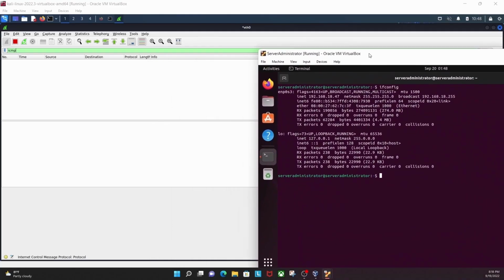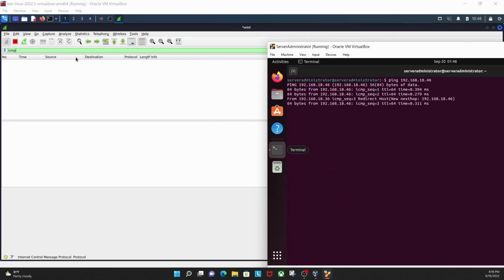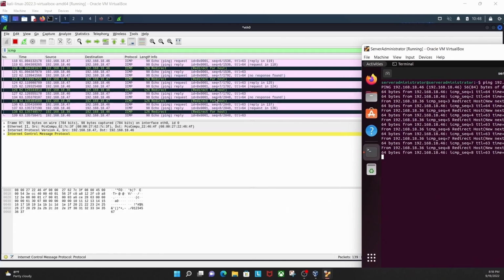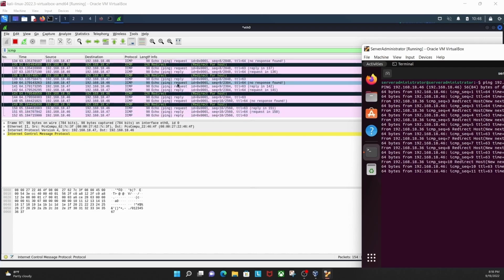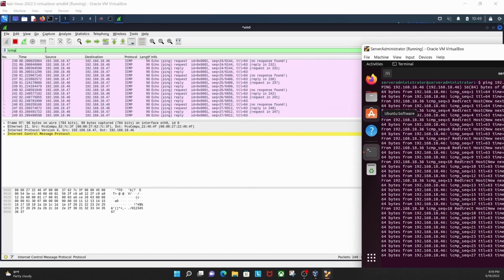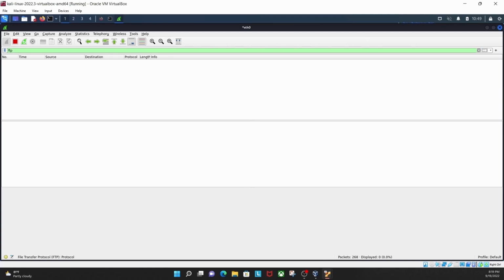Now let me show you ICMP, right? This is the system administrator. If the system administrator pings the server, 192.168.18 dot what, 46, all right, let me and see, here we go, it captures the packets now, and it is capturing on the eth0 interface. And now I just filter here for FTP because right now I work on FTP,